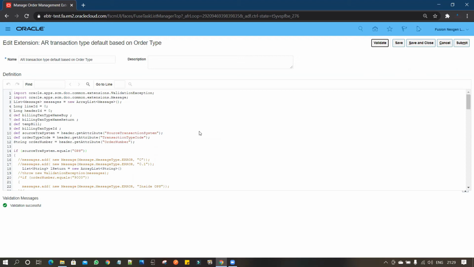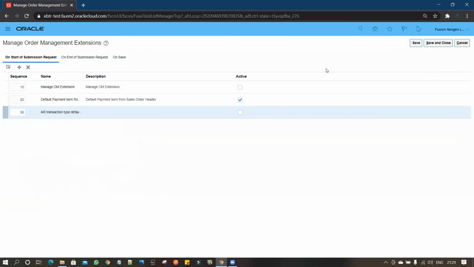If you want to invoke certain services, you can also utilize these extensions. I have validated it, and now I have saved and closed.